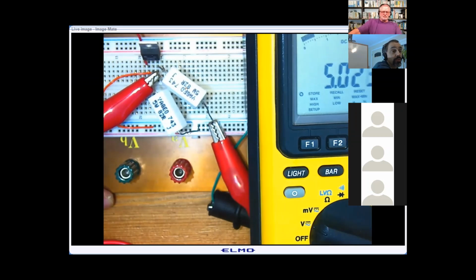Actually, let me put it back up to 20. Sorry, it was below that. There we go. Still at 5 volts. Hasn't changed. That's because of the feedback circuitry that's inside that chip. These are called chip regulators. Any questions on this? On the 7805? Give me a thumbs up if you